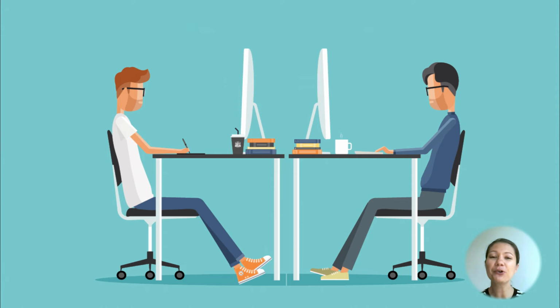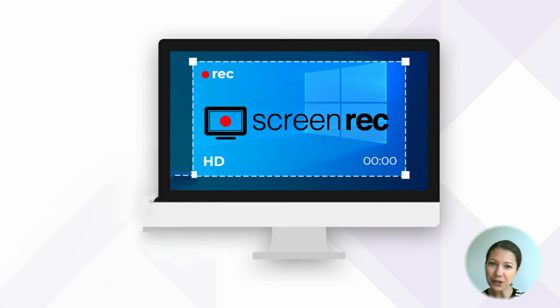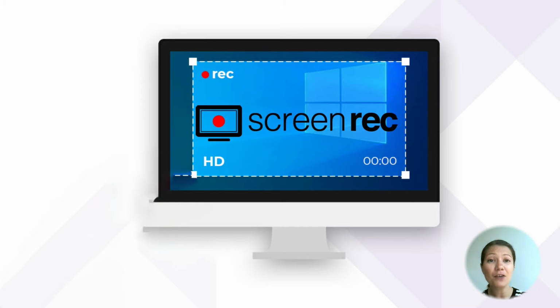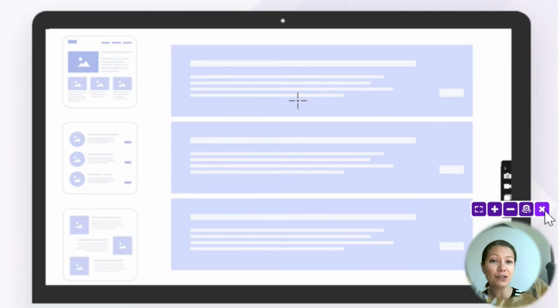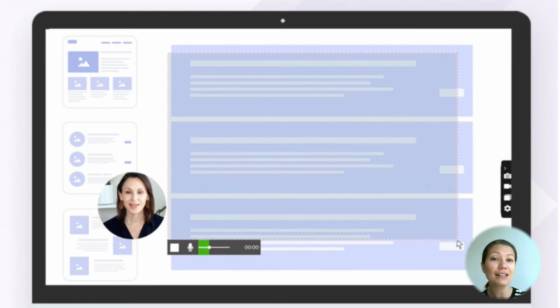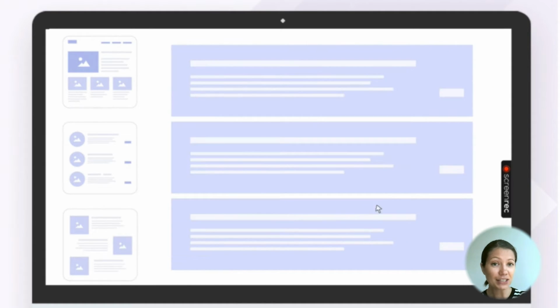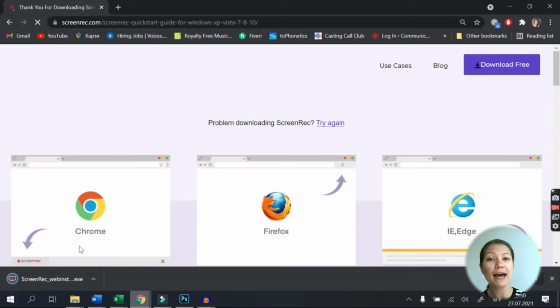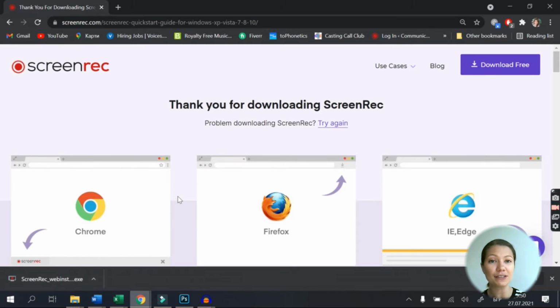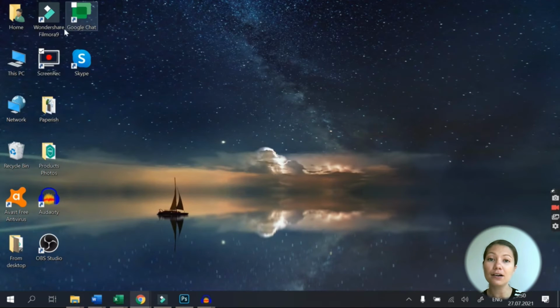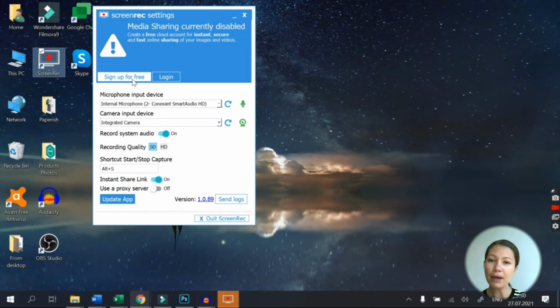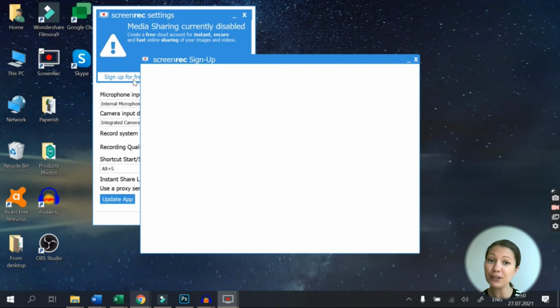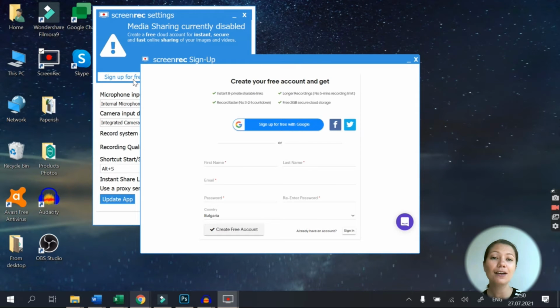And one of the best screen recorders on the web is definitely ScreenRec. ScreenRec is an awesome lightweight software that will record your screen or will create a screenshot in seconds. Installation is really easy. Just go to screenrec.com, download the app and follow the installation wizard. Double-click on the icon to enter the settings. Make sure you create a free account so that you can use all the cool features like unlimited recording and